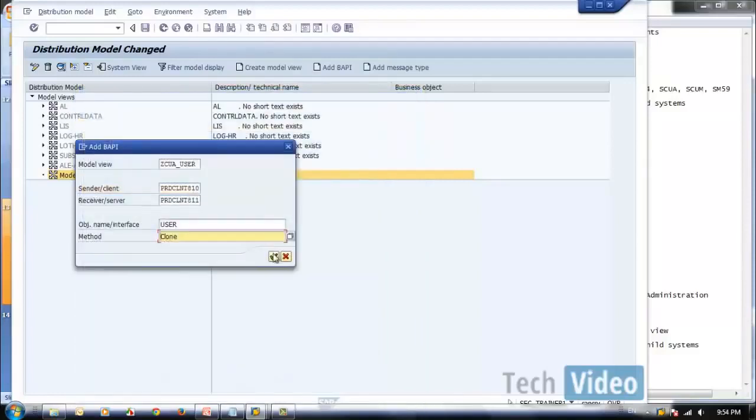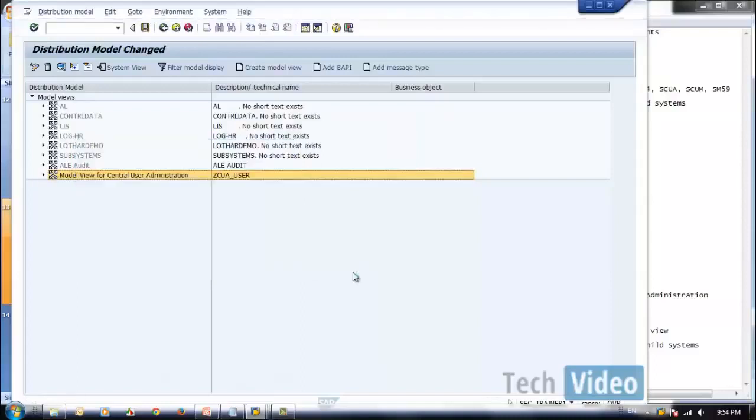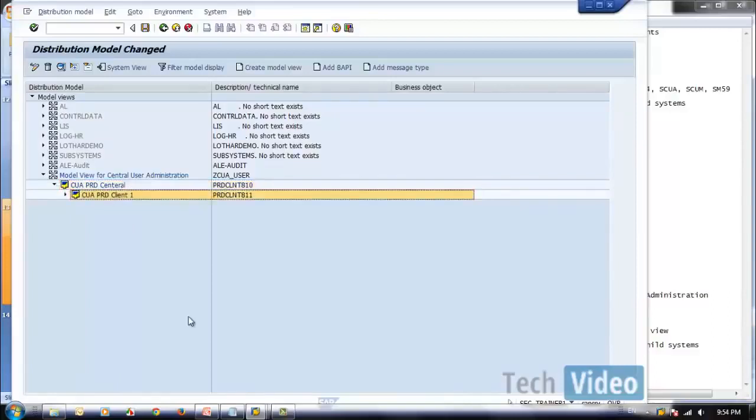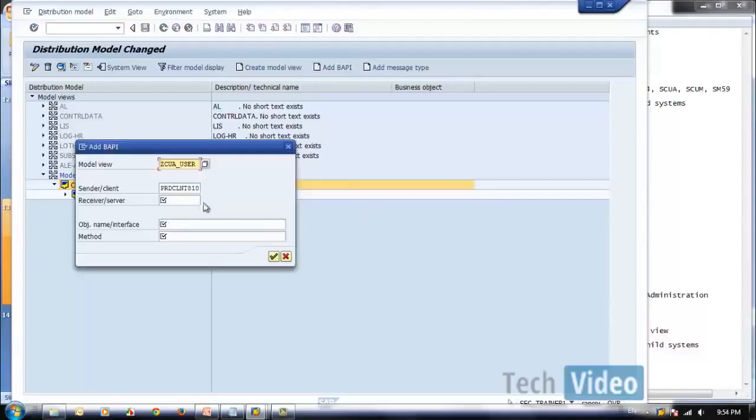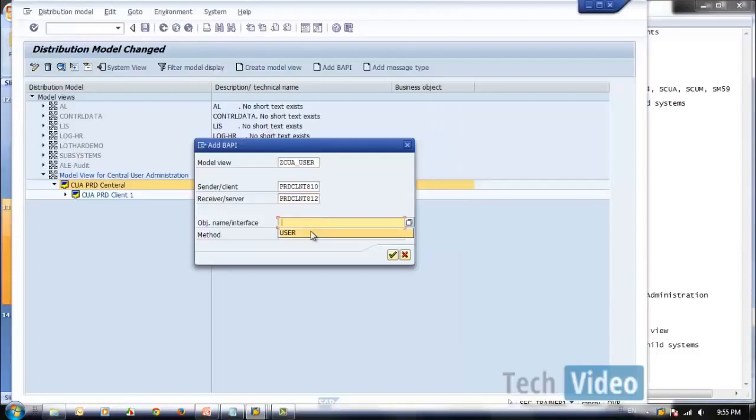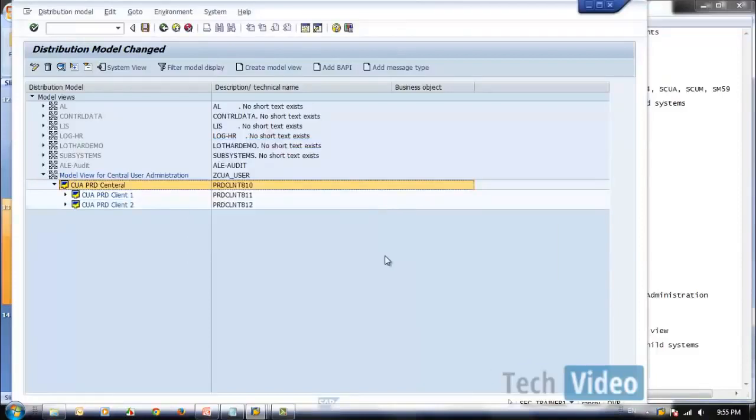Okay, like this, and say continue. Then we have created a BAPI, and if you see, this is the central system, this is the client. If you wanted to add an additional BAPI, same model, add one more, user and clone.